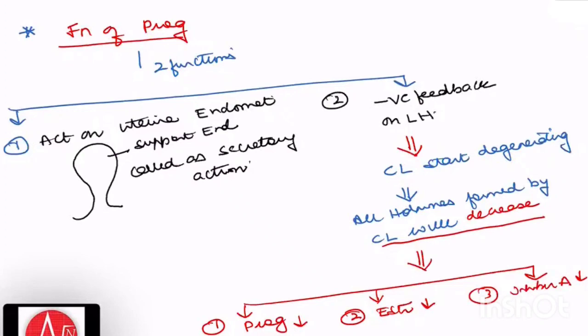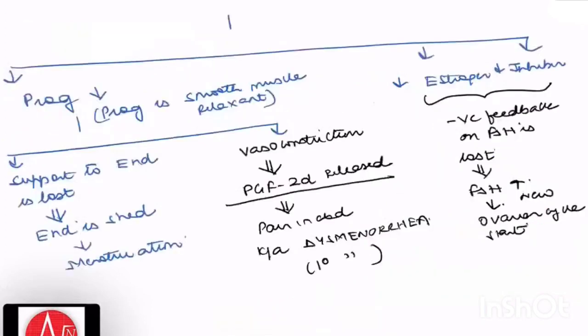तो प्रोजेस्टेरॉन डिक्रीज होगा, ईस्ट्रोजन डिक्रीज होगा, इनिबिन डिक्रीज होगा। और जब प्रोजेस्टेरॉन डिक्रीज होगा तो जो प्रोजेस्टेरॉन एंडोमेट्रियम को सपोर्ट कर रहा था वो कम हो गया, तो अब क्या होगा, पूरी की पूरी एंडोमेट्रियम विल बी शेड, राइट, एंड दिस इज व्हाट इज कॉल्ड एज मेंस्ट्रुएशन।